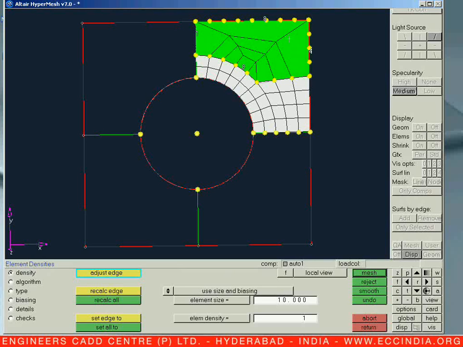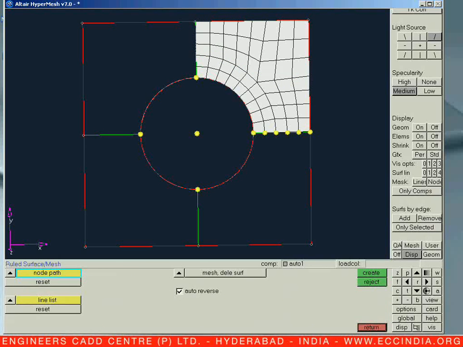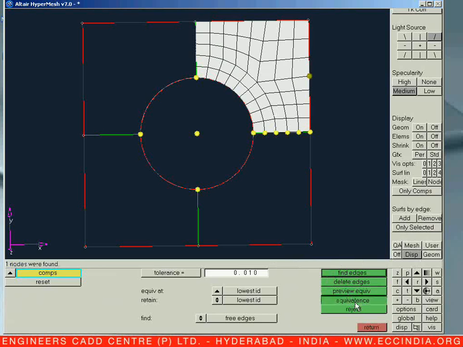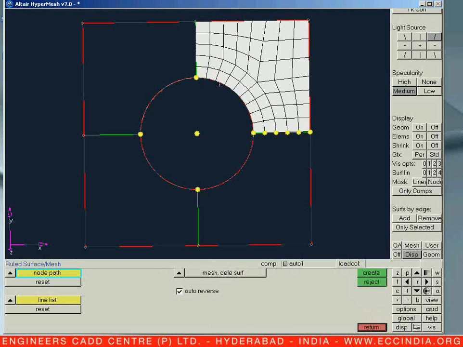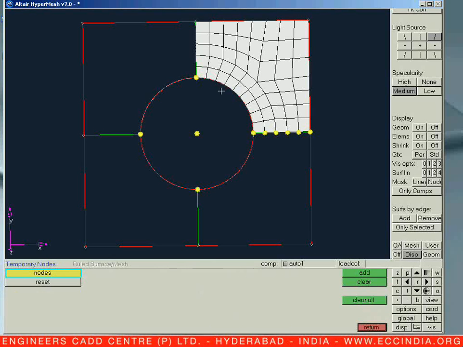Again keep it on 4, 3, and now our mesh is performed. Now again say Shift F3, preview our equivalence, and let us say equivalence. Now let us say Shift F2, clear the nodes, let us say clear.